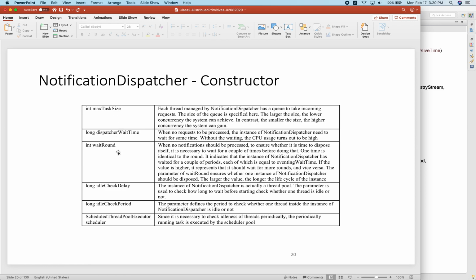I will just talk about some of the important ones. I will not explain that in detail. Maximal task size, because there are a lot of incoming messages. Each thread managed by the notification dispatcher is responsible for processing a certain number of